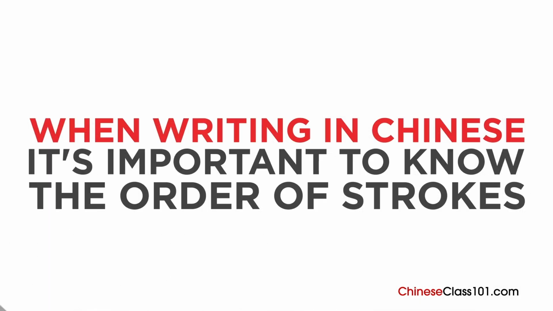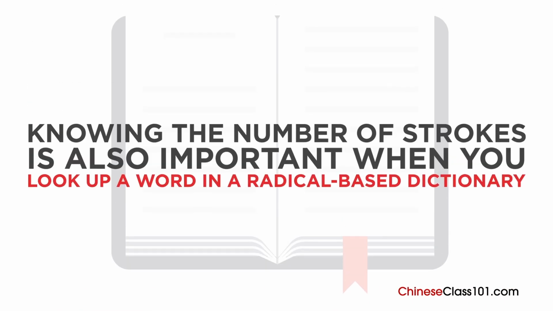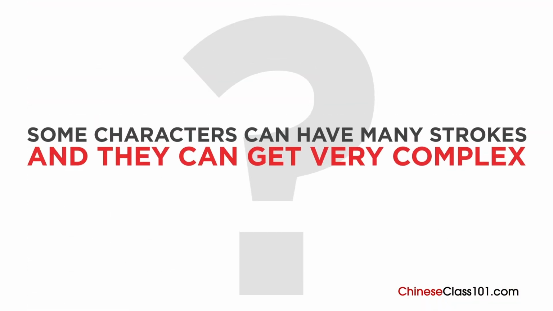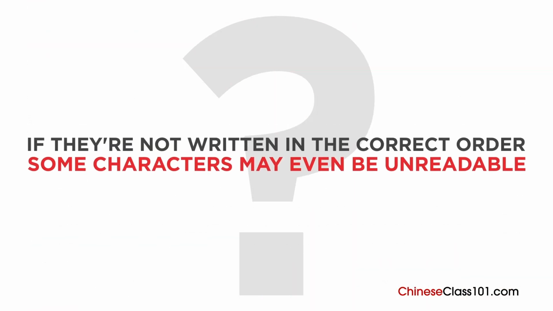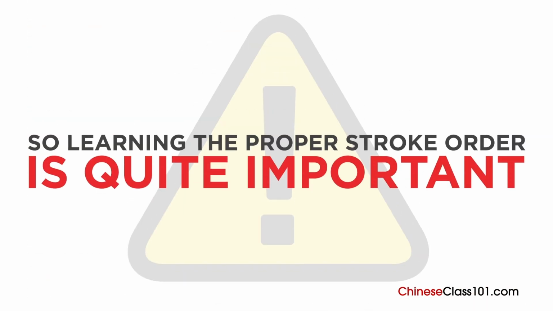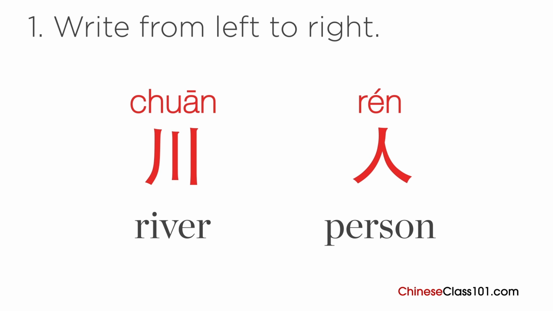When writing in Chinese, it's important to know the order of strokes. Knowing the number of strokes is also important when you look up a word in a radical-based dictionary. Some characters can have many strokes, and they can get very complex. If they're not written in the correct order, some characters may even be unreadable. So learning the proper stroke order is quite important. Remember, write from left to right. 川 river, 人 person,